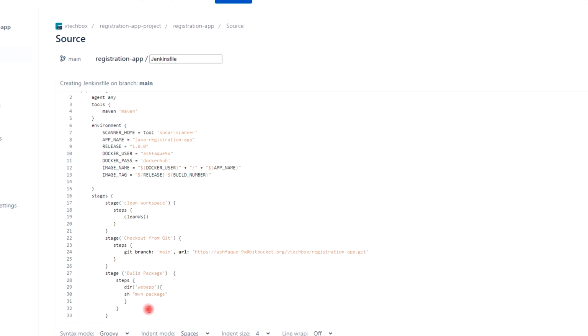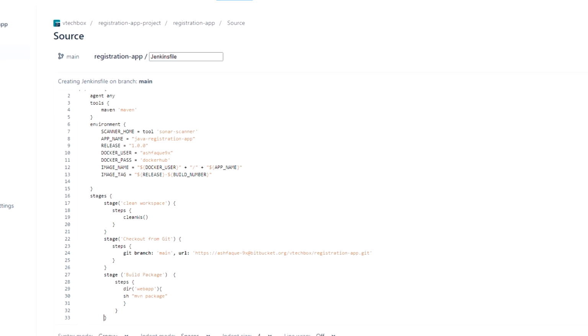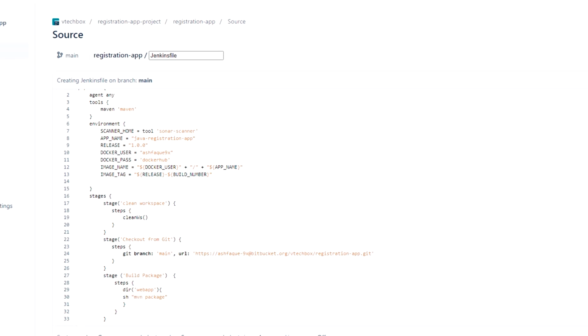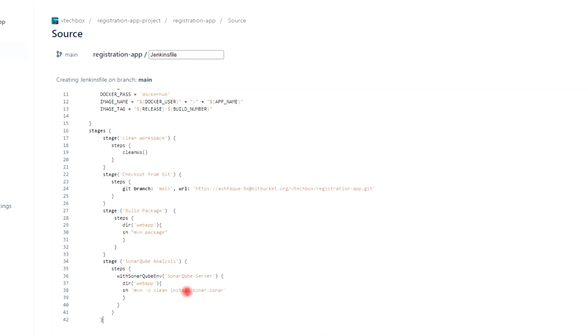It looks okay now. So the next step would be SonarQube analysis in our code pipeline. So I will give the code for the stage. The stage name is SonarQube analysis,